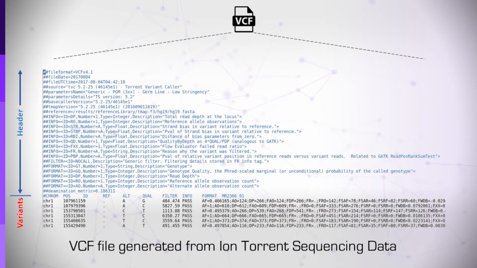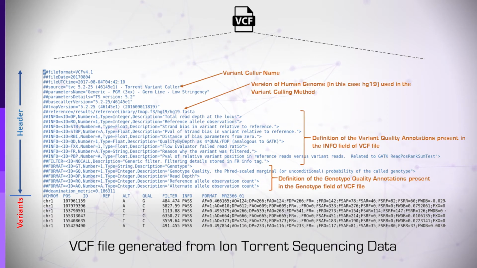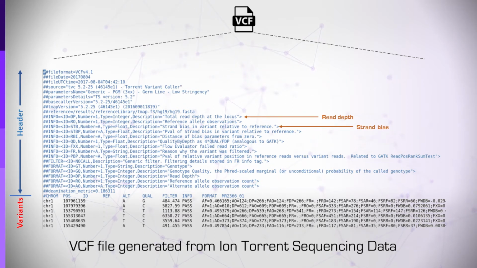These files contain a list of the variants detected, together with critical information on the reliability of each. As you can see from the slide, there is a lot of information. It's important to realize that just because a variant appears in a VCF file does not make it real. All current sequencing technologies have random and systematic errors of different sorts and frequency of occurrence. Although the sequence information, such as read depth and strand bias, can be used to estimate reliability, in practice, an alternative sequencing technology is often used to validate variants of clinical interest.